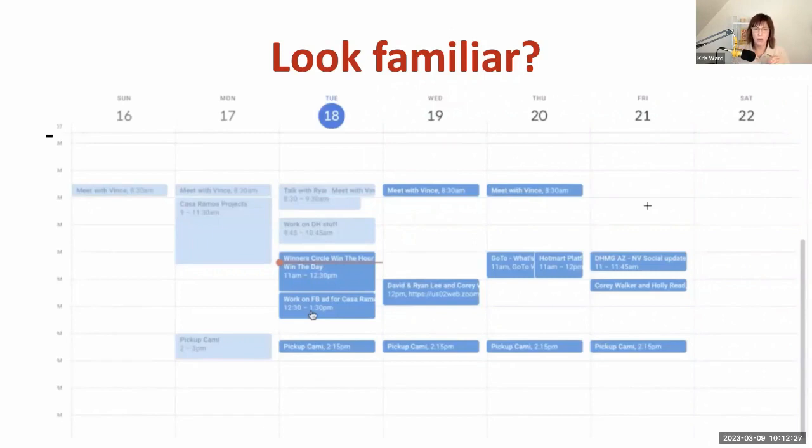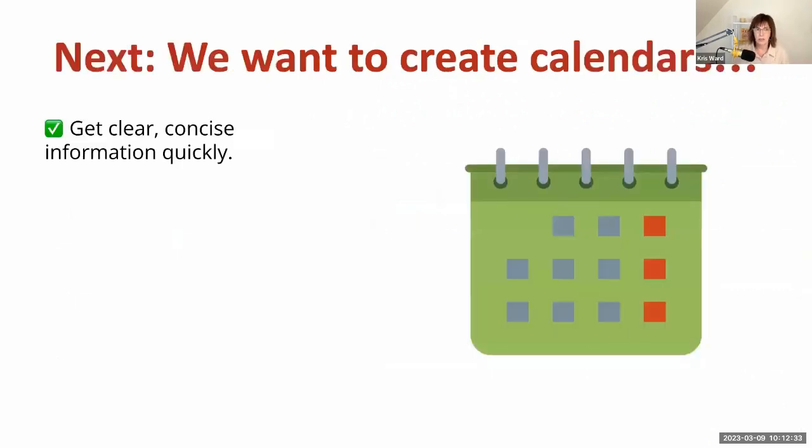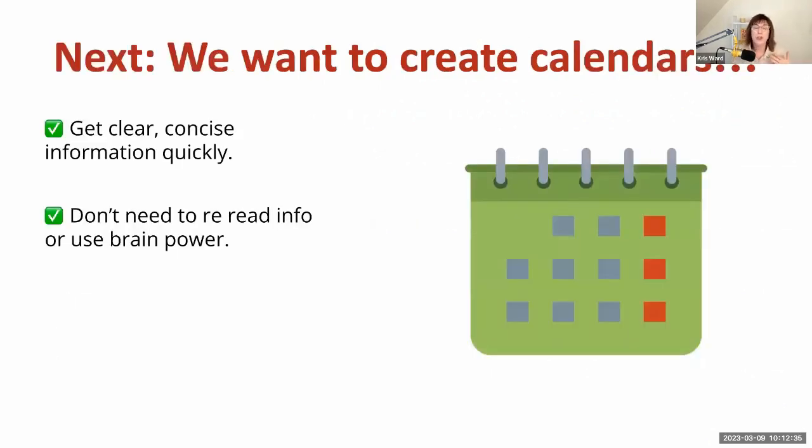I'm going to break it down for you, but you've got your main calendar here, but then you can create different calendars within that to give you clear, concise information, right? So that you don't need to constantly read every detail in your calendar to know what's happening that day, not to be using up brain power. And then you don't make mistakes about maybe piggybacking a sales call right after an important presentation.